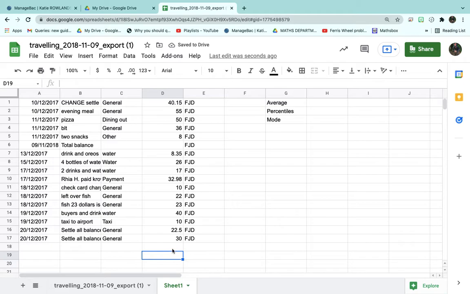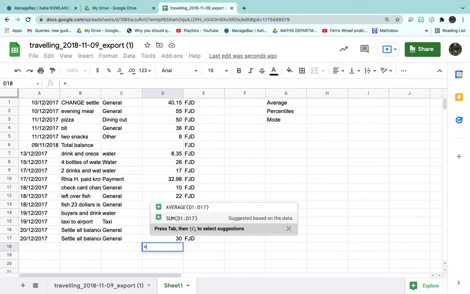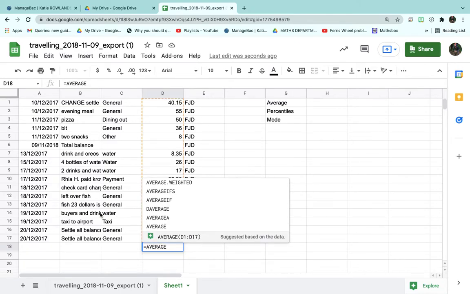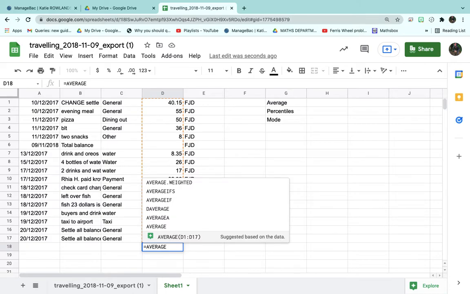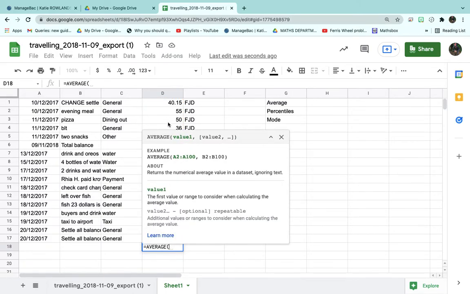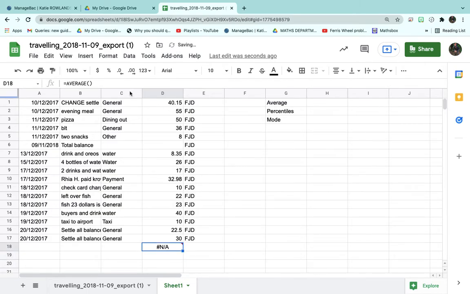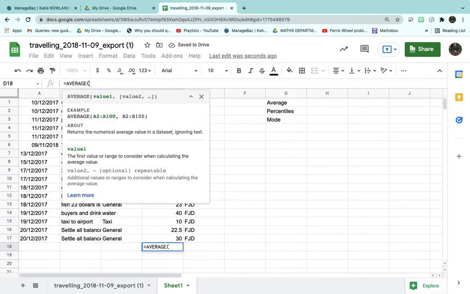The first thing I'm going to do is calculate the average. To calculate the average, you have to write equals AVERAGE in capital letters. This is how all Excel formulas work. You write equals, the command you want to do, and then you open a bracket. Once you've opened a bracket, we're going to select our data. Normally it will suggest what average it wants to select. So if you press enter, sometimes it guesses what you want to select, but in this instance